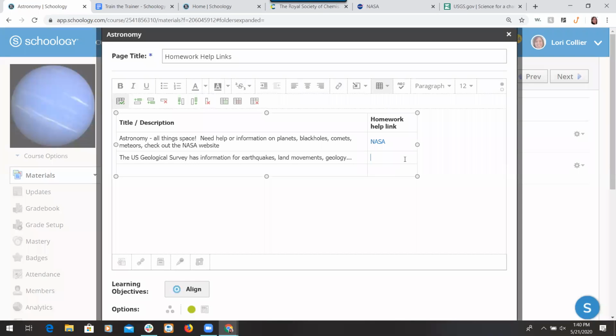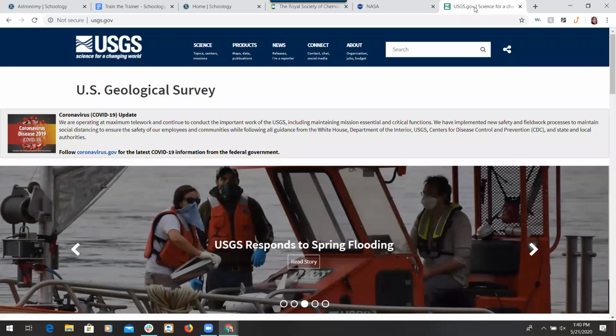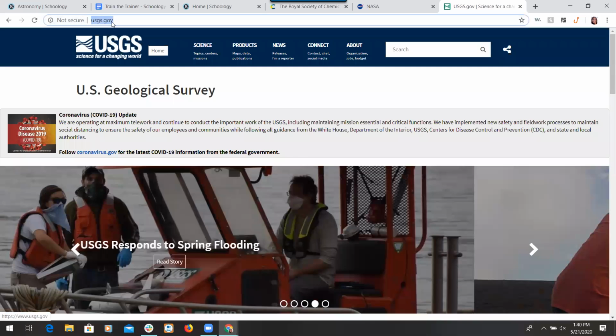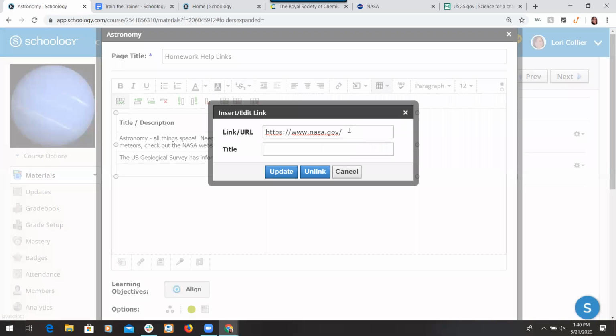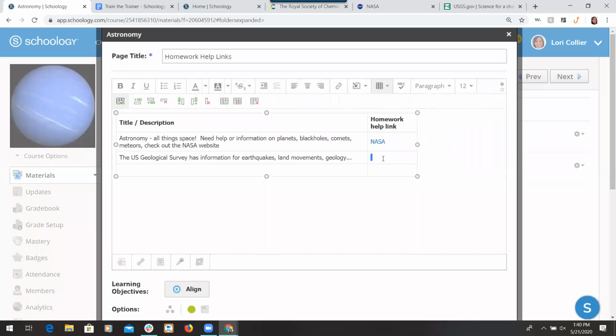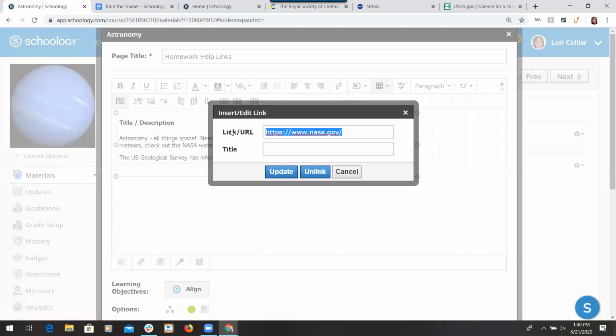I'm going over to the tab I have open for the U.S. Geological Survey. I'm going to highlight that address. I'm going to copy that address and go back to Schoology. I'm in the box under homework help link, insert content, link. I'm going to paste in my web address, and I'm going to go, so it's just for me, the USGS, and